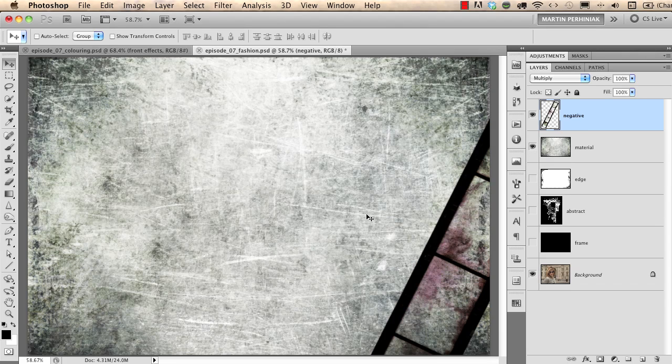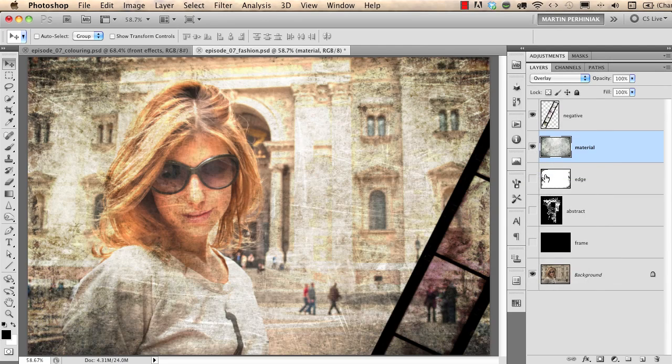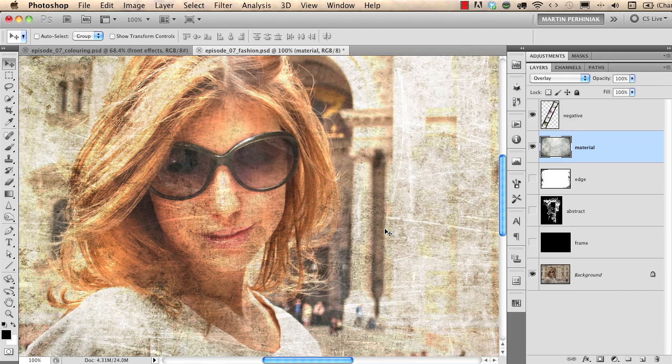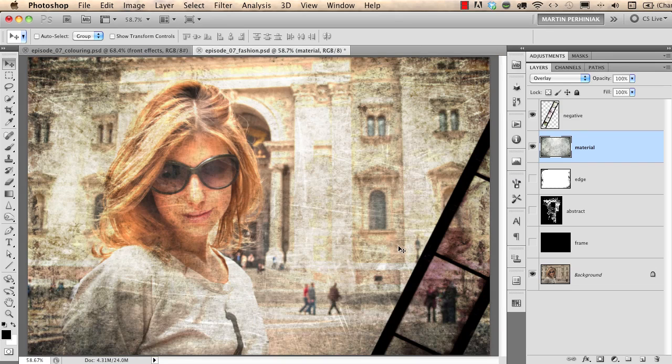It is actually a texture, and I would like to add this texture onto the photograph, again by using another blend mode, which is again a very useful blend mode called overlay. Now I will select this, and you can see it adds all the texture detail to the photograph. If I zoom closer, you can see that this is now applied to the photograph quickly and easily by simply changing the blend mode. I zoom back by using Ctrl or Command 0 to fit the image to screen,